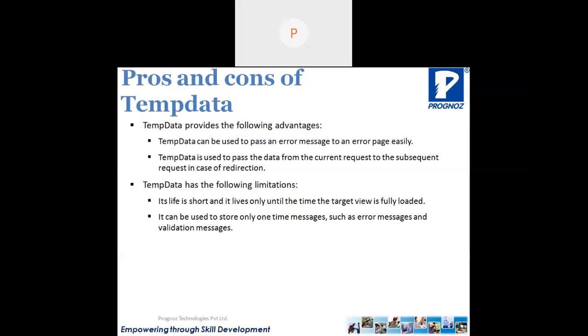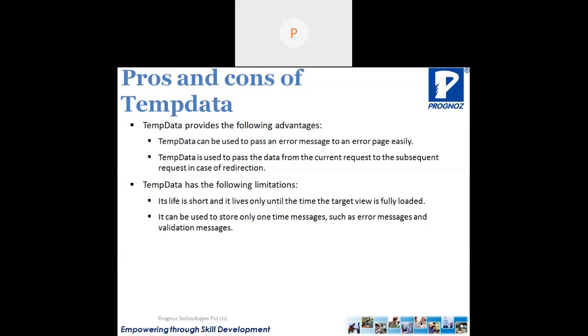Take an example: I have created a registration page, and when we click on the register button, due to some server problem, not due to an exception, the page is reloaded again. At that time, if you have to display any error message to the user, we can do it using this concept called TempData.